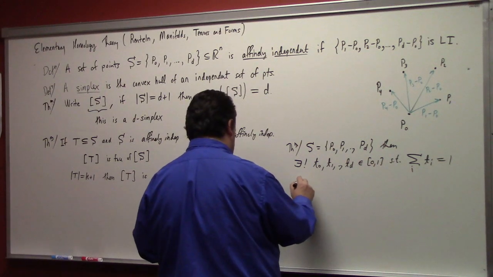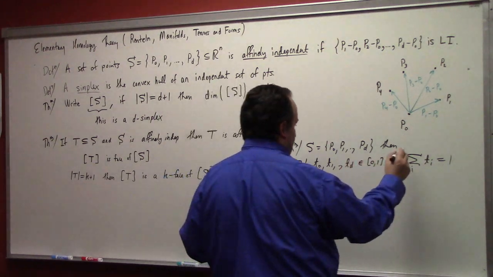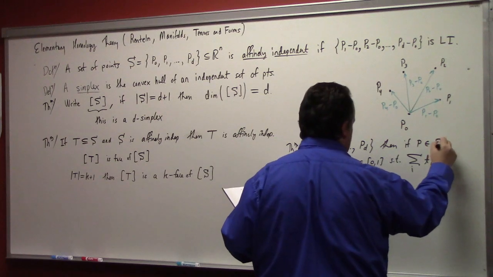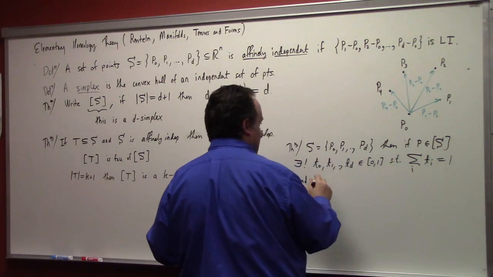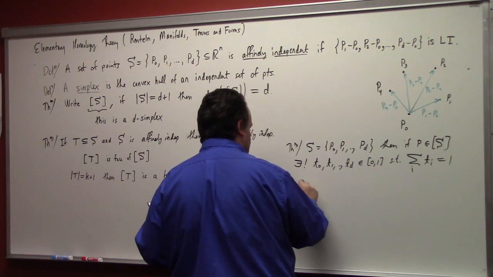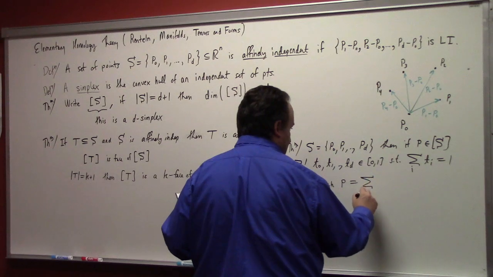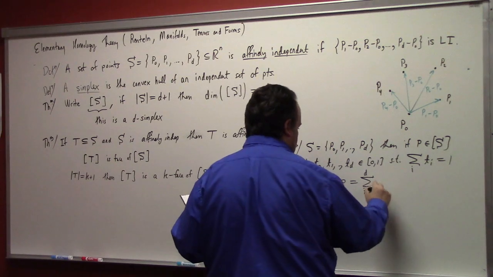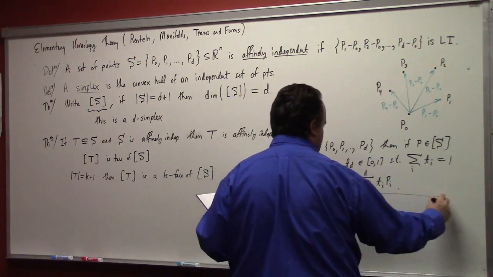And if P is an element of, not S, but the convex hull of S, I should say, such that there exists unique such coefficients for which P is equal to the sum, I equals 0 to D, of T sub I, P sub I. So this is exercise 5.2,